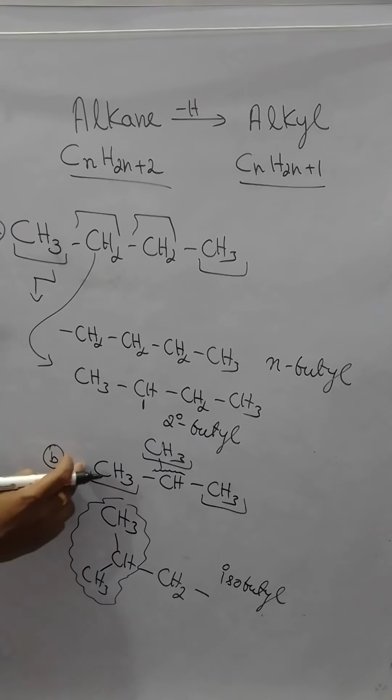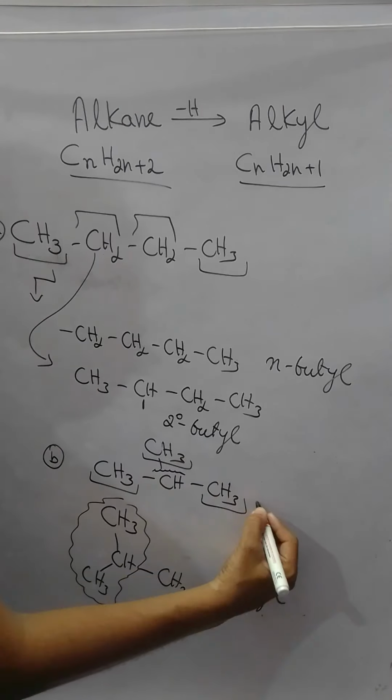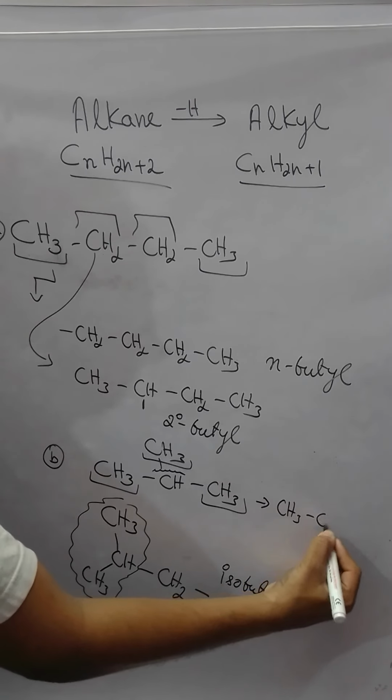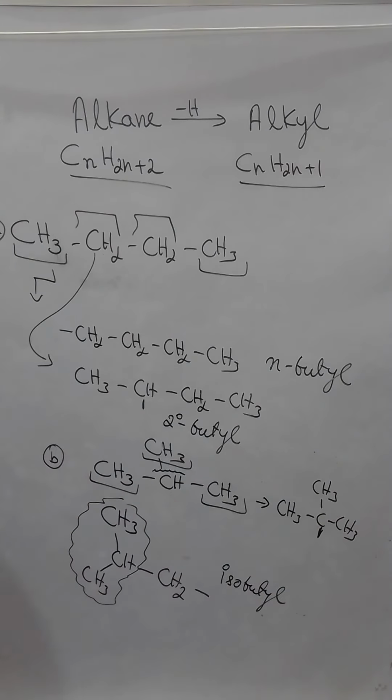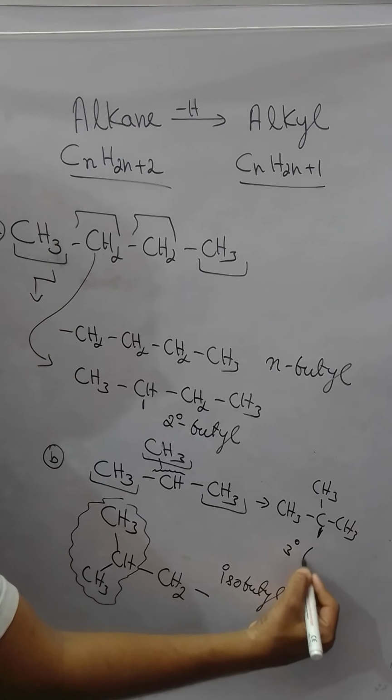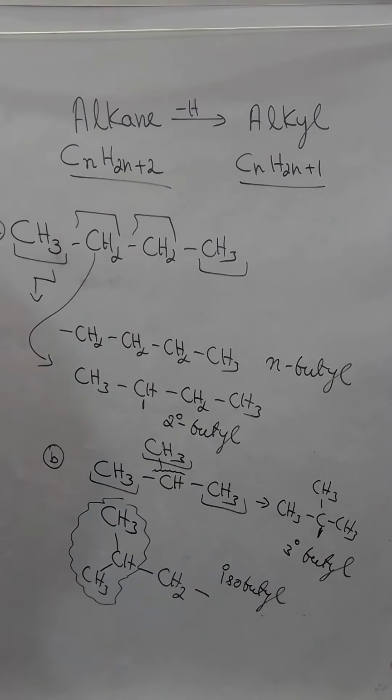Now, instead of removing it from here, if I remove it from here, CH3, CH3, CH3, we can see what kind of carbon atom it is. Now that is my tertiary carbon, so we call it tertiary butyl. This is my tertiary butyl. So if I take butane, there are 4 different alkyl groups which are possible, or 4 commonly used alkyl groups of butane. One is N-butyl, secondary butyl. Another one is isobutyl, tertiary butyl. These 4 are correct. Okay.